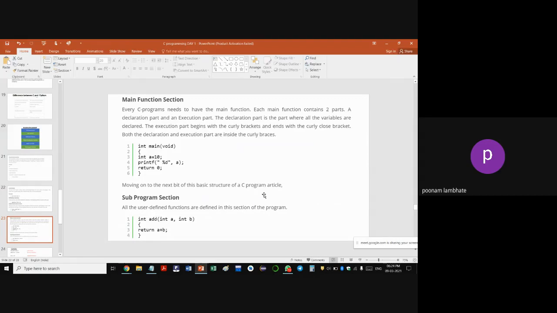So whichever function or procedure is called first, that should be written first in the main function. So procedure 1, I'm calling first, then I'm calling procedure 2, then I'm calling procedure 3. So you can either call a function in the main function, or other processing also you can do in the main function. But your program has to include only one main function. You cannot have more than one main function. Only a single main function from which the execution of your program will start.